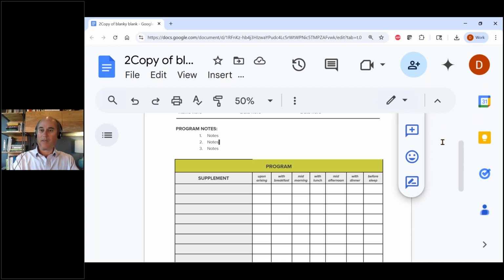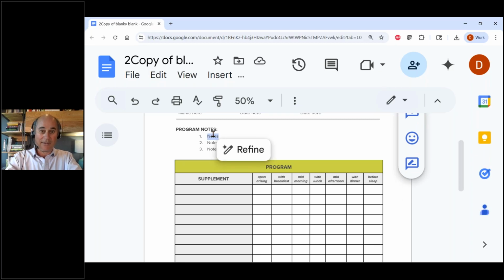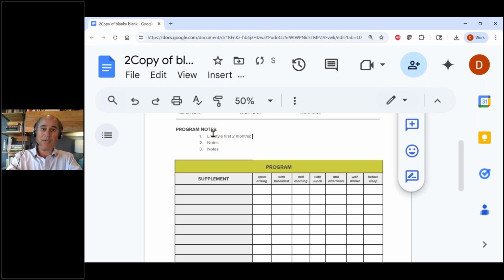There we go. Okay. So number one we want to do here is lifestyle, right? So it's lifestyle the first 2 months. And in my world, that's an adrenal test and program, diet changes, all the diet stuff you need to do, and stress reduction. That's the first 2 months. Then we can go after the GI bugs. And in this case, we have C. diff, just toxin A, so you can do that naturally without a prescription. We had some dysbiosis. And let's just pretend there was a gallbladder problem.